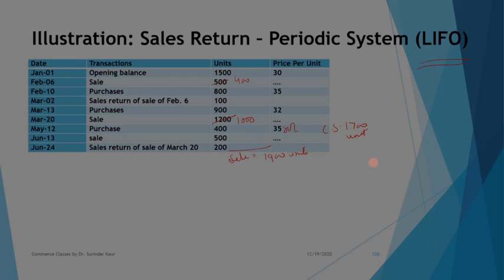So this unit must have been sold 400 units. This unit must have been sold 1300 units, and you need 600 more. So out of this, 600 units sold. So your closing stock will be, this lot is fully left because you didn't touch this lot. Out of this lot, you are left with 200 units as a part of closing stock. So you split it into 200 and 600. These are the lots being sold, and these are the lots left with you.